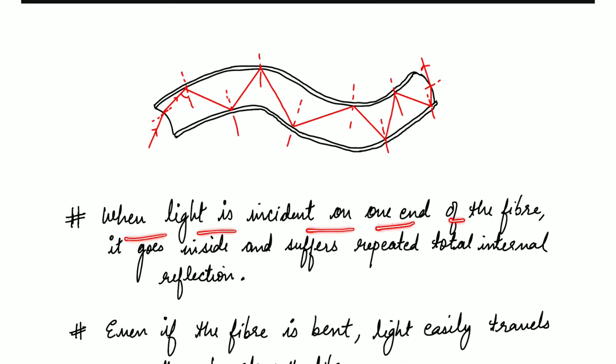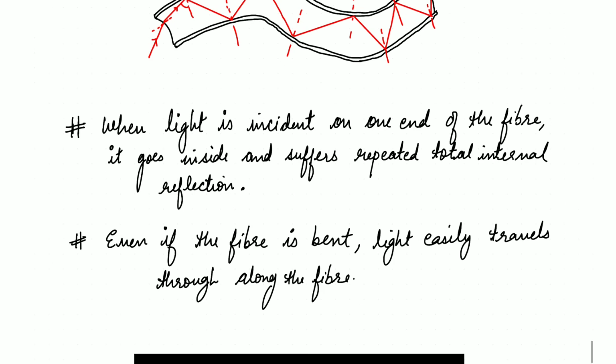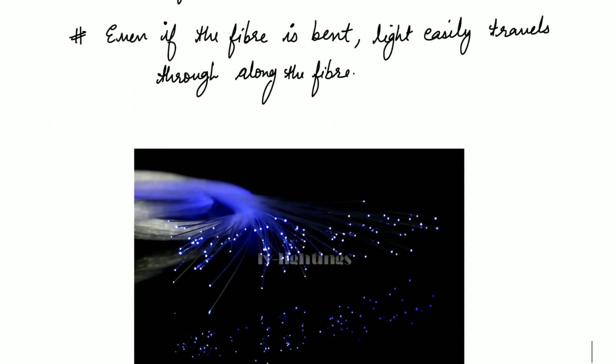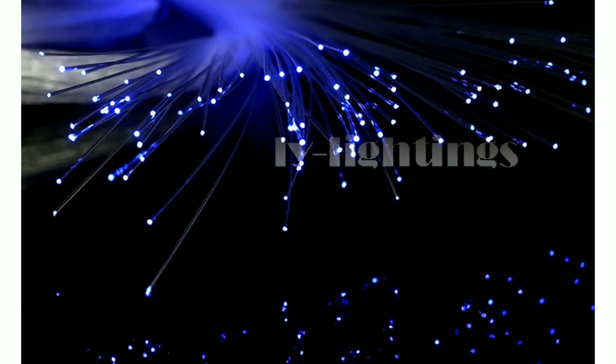So when the light is incident on one end of the fiber, it goes inside and suffers repeated total internal reflections, right? Even if the fiber is bent, light easily travels along the fiber. But again, you cannot bend it too much. If you have made up your mind, no, I will bend it, I will break it, please, if you break it, it will not work, right? Okay, so here you can see it's a very good illustration